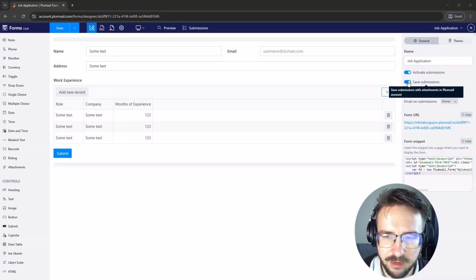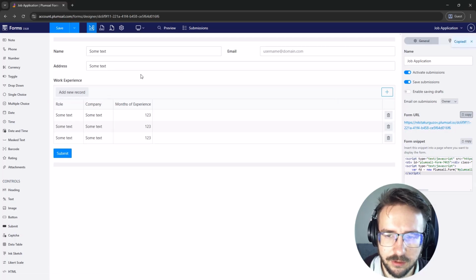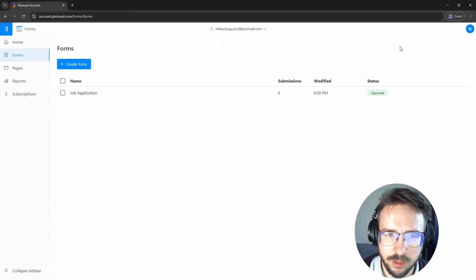And when we go back to the form, we can make sure that the submissions are activated, that they are saved to Plumsail account, and email on submission we can select owner, team, or none. We can change the form URL, so we can copy it and share, but if you would like to change it,